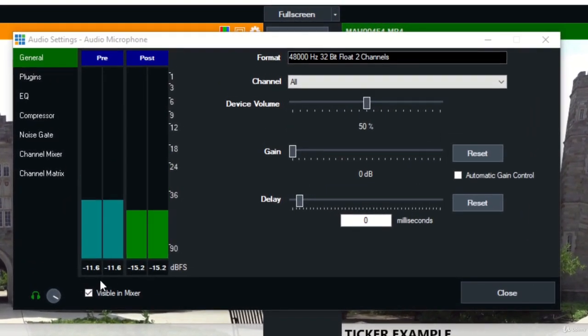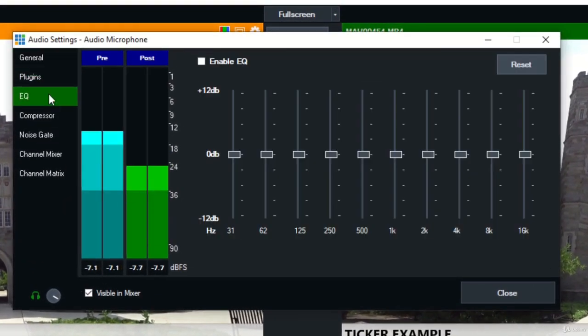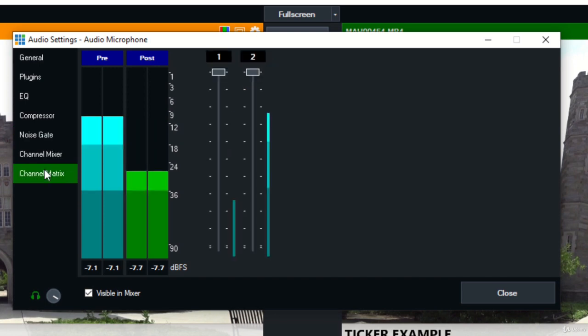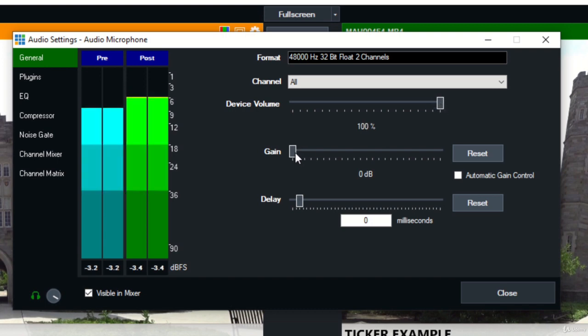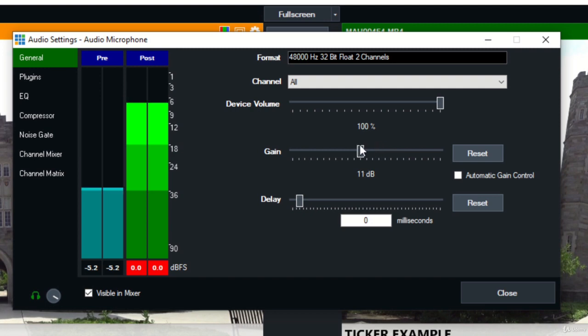So we have some tabs, just like we did in our add input, our input options, but this is just for audio. So you can see here right away, the device volume was coming in at 50%. You should usually be, maybe around 90 or so. You can add additional gain to any input if it's coming in too soft and you want to boost it